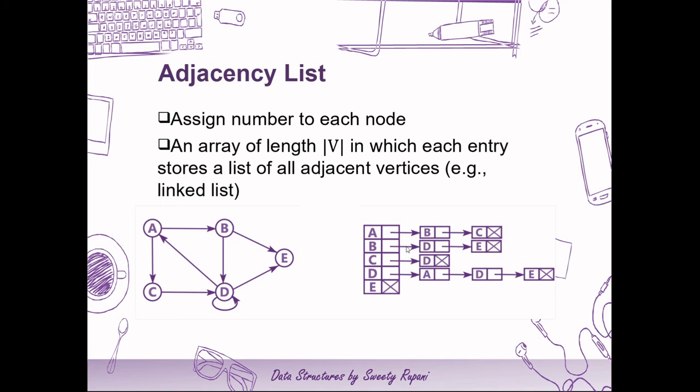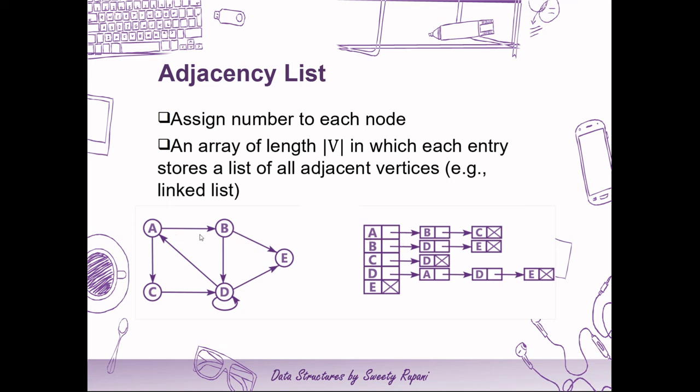Let us now have a look at the next representation, which is the adjacency list representation. A graph of n nodes is represented by a one-dimensional array L of linked lists, where L of i is the linked list containing all the nodes adjacent from node i. So what we do is we take an array of linked lists. You can see over here A to E for all the vertices, followed by which we store the address of a next node which is connected to A.